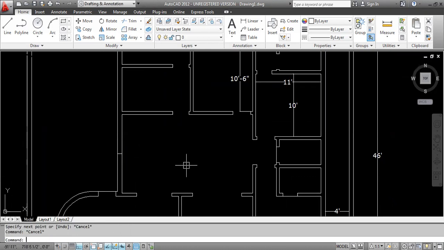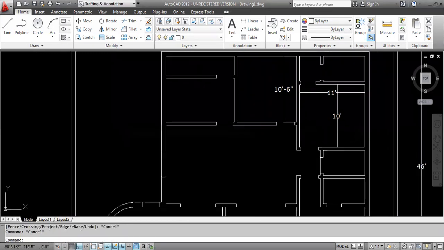Now here we are showing the main door. In meters we will provide the main door size, that is 1.2, but in feet, in architectural drawing, you have to show 4 feet. We have to take half, that is 2 feet from here and from here. It will come in the center.